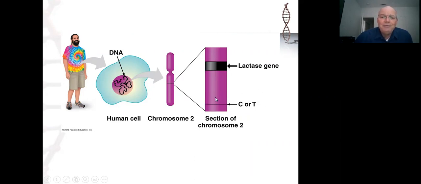If, however, you have the T nucleotide, you will lose the ability to make the lactase enzyme. That's the change. And notice it's not actually in the gene itself, it's in another location. So these nucleotides